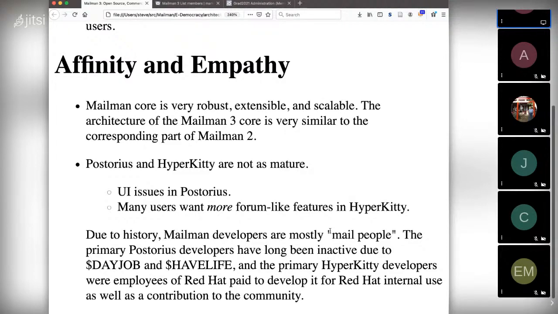So what happened was there's a company called EMWD, and they provide some web hosting, but one of their big features is specifically hosting mailing lists. And they've been using Mailman 2 for, I think, 15 years now. The lead guy, I guess he's CEO, is a guy named Brian.